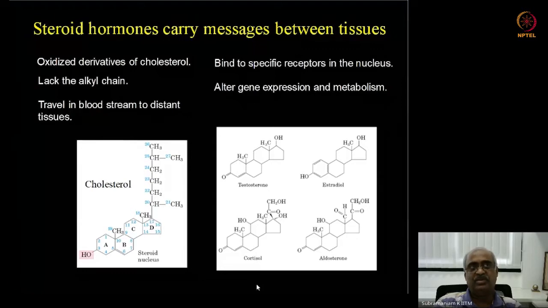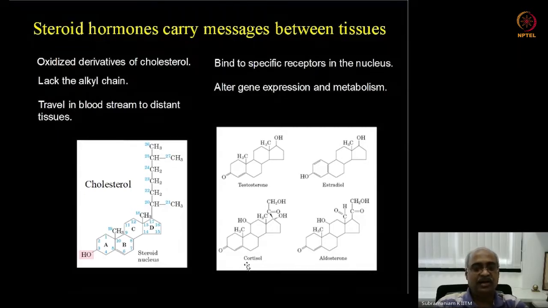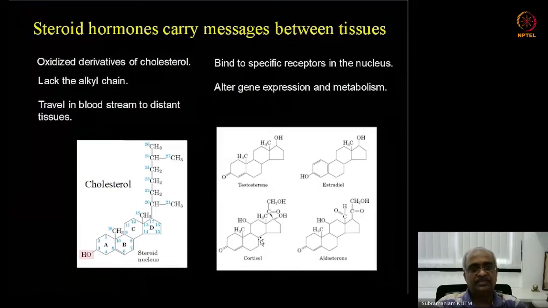The name itself tells you: in glucocorticoid, the oid is steroid, cortic is the cortex of the adrenal gland, and gluco means to do with glucose regulation. Cortisol is important to regulate glucose level. It promotes glucose formation from non-carbohydrate molecules, a process called gluconeogenesis, which we will learn later. So this is important for maintaining glucose level, and it is also required for